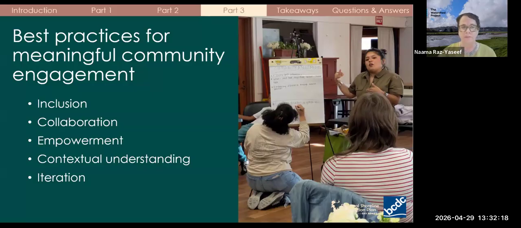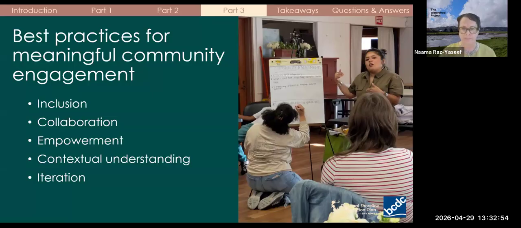Second is collaboration. This is about creating spaces for dialogue. Start by crafting strong educational and engagement plans to ensure that community engagement aligns with the project goals and is a good fit for your community. Next, develop engagement materials that support your engagement plan. These materials not only translate complex technical issues into something understandable, but also provide a base for engaging learning activities and meaningful discussion through which you can collect the information you're looking for.